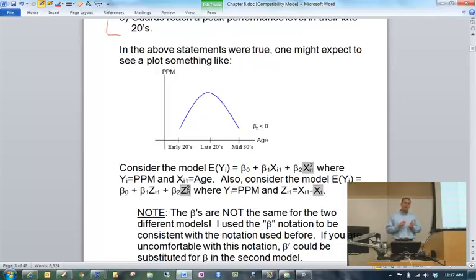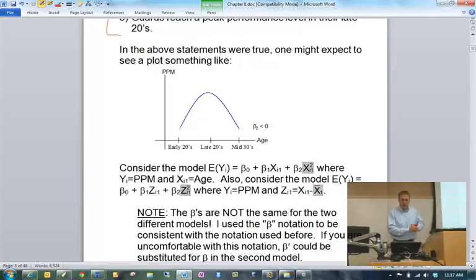So notice PPM is higher in the late 20s. So you could say that my research hypothesis here is that I see some kind of effect like this. And what I'm going to do, or actually what I've already done, is collect data. And now with this data, I'm going to allow it to help me test my research hypothesis.